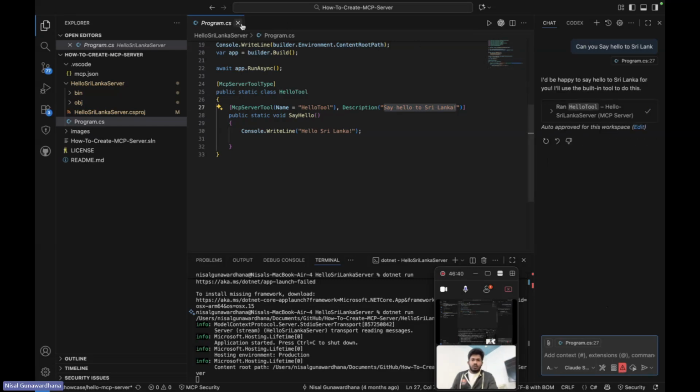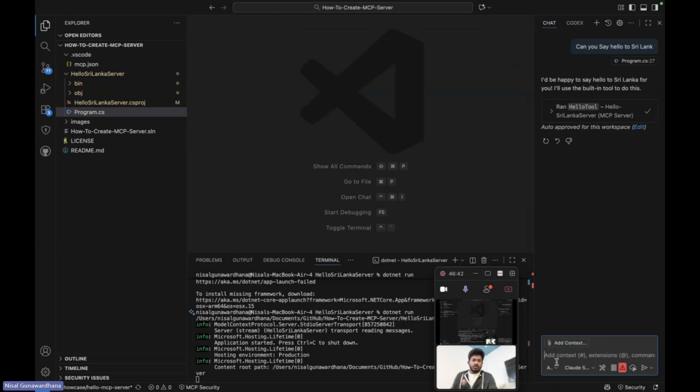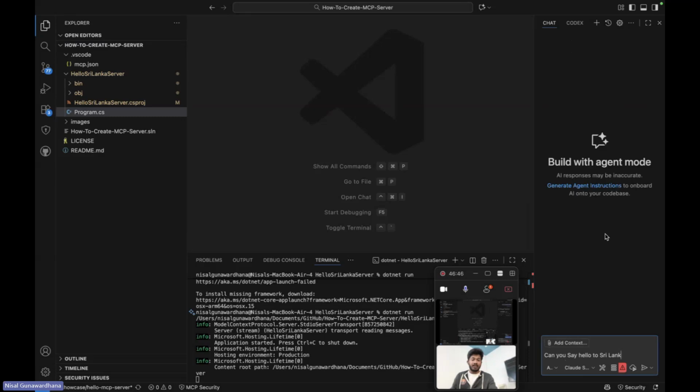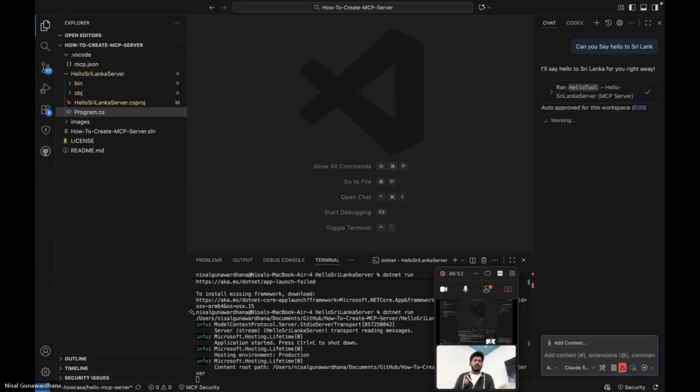Yeah, so let me close this code. So maybe Copilot gets that as the reference. So that's the thing. So I close that one and again press enter. So let's see what happened. So here you can see the particular tool has run. It's already run. Here you can see it says hello to Sri Lanka for you right away.